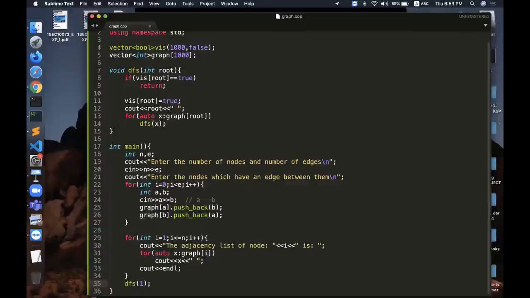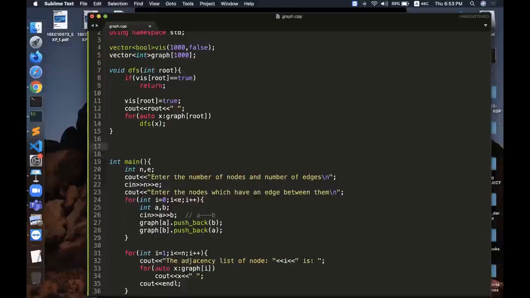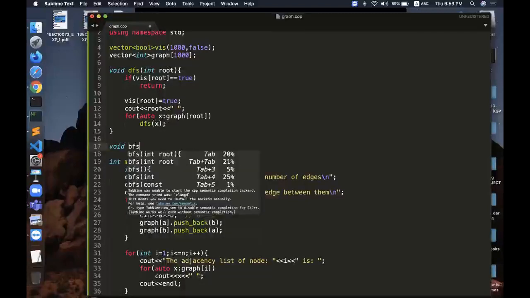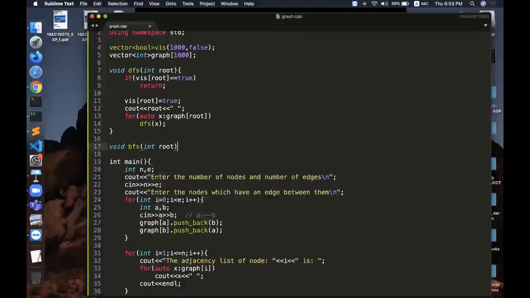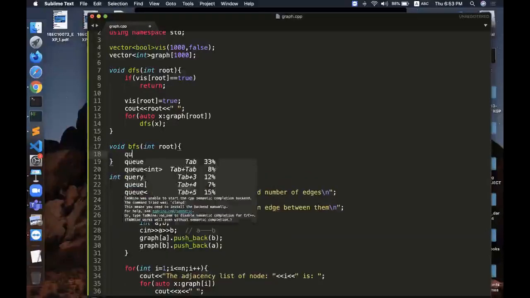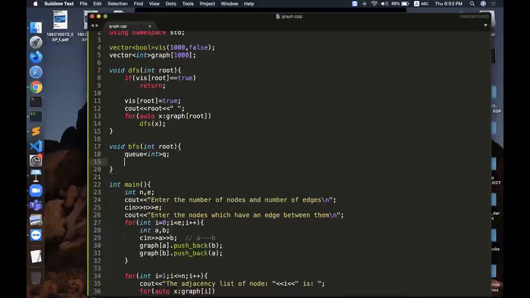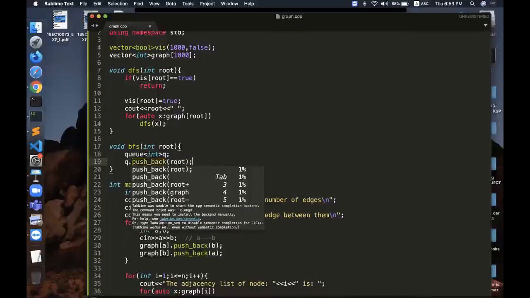Let us see how we can implement the BFS function. In this also I pass the root node, and then what I do is I simply create a queue, and in this queue I first push the root node.